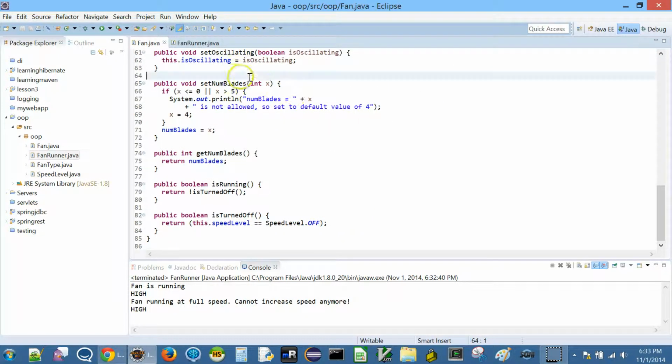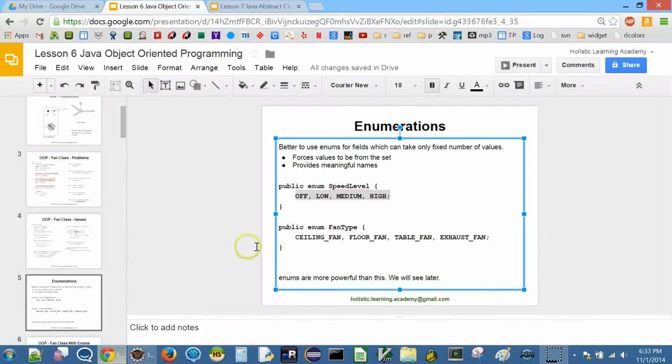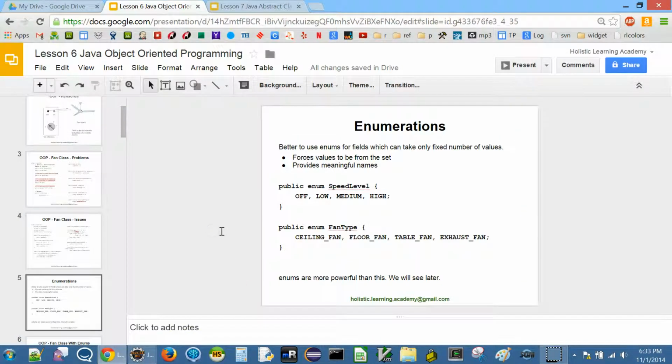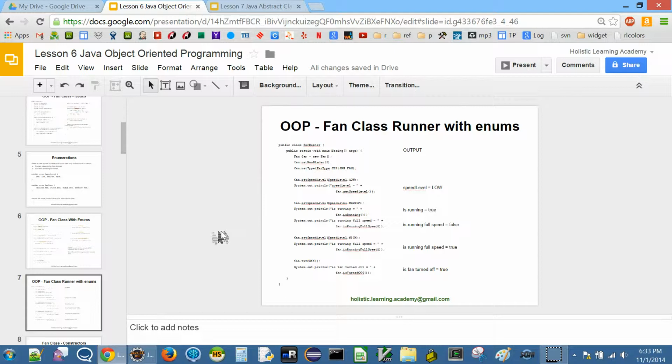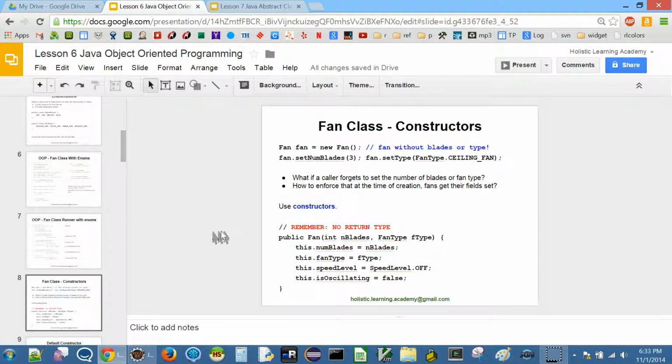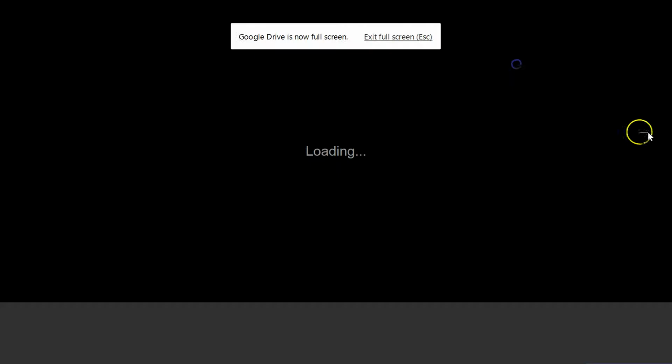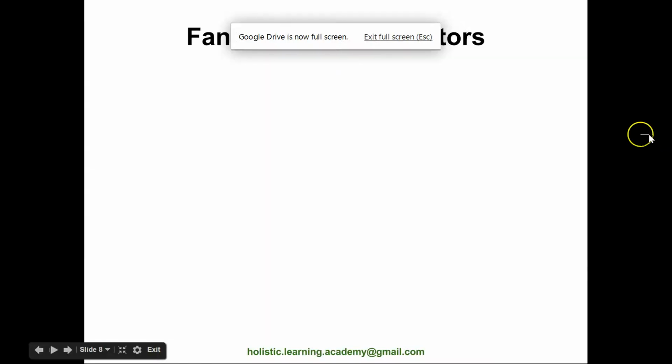Similarly here in the num blades, again you could do other things, right? You could set this to enums too, but for now let's just leave it as int because this will be something that the clients will hopefully set in a proper range, but we can have this consistency check. Okay, so let's just proceed with the slides now. What is the next thing we are going to study?